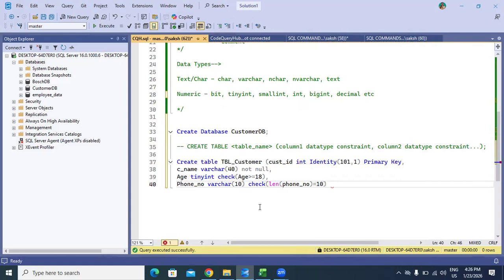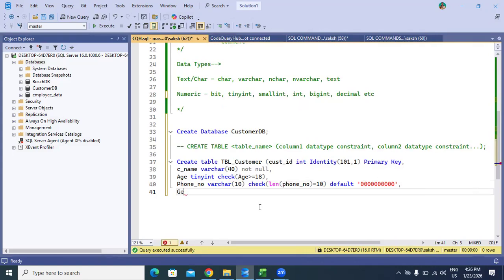And let's put the default value. If no phone number is provided, then the default value is, let's give it as 10 digits maybe, 1, 2, 3, 4, 5, 6, 7, 8. Okay,